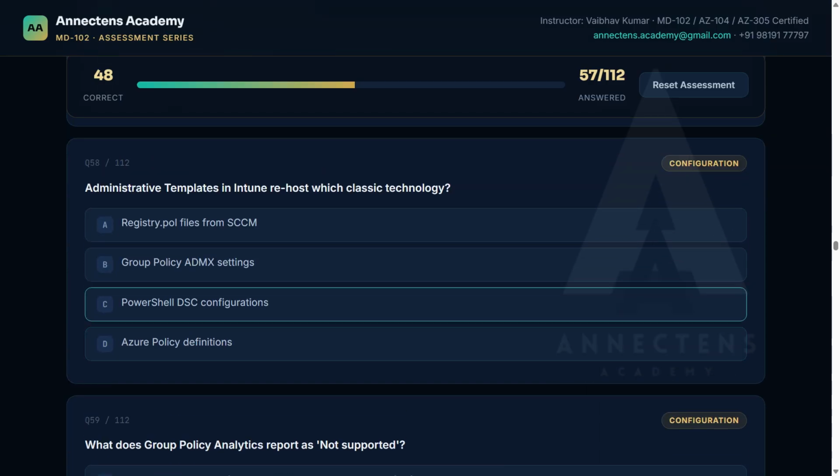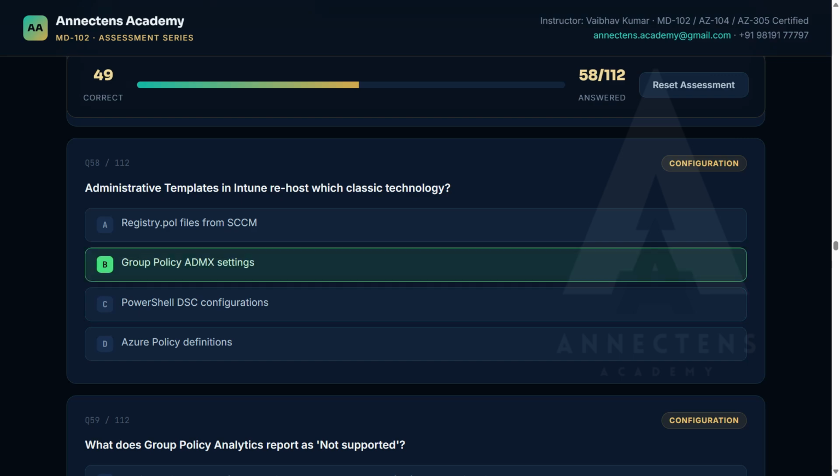Administrative template in Intune rehosts which classic technology? So ADMX, I hope you guys have heard about it. Yeah, ADMX settings. Okay, so group policy ADMX setting, that is the one that we can enable. So that is a classic technology from GPO. What you can do, you can export that in ADMX, or you can directly download the ADMX file. For example, in the demonstration we'll talk about Google Chrome ADMX policies. So I can import that, and I can change the settings accordingly,